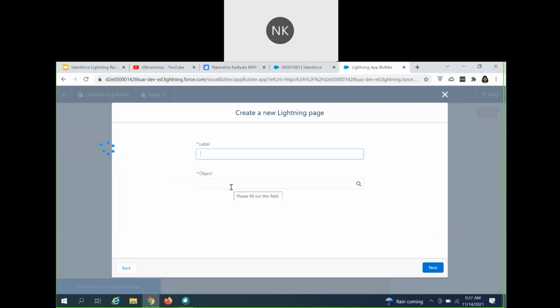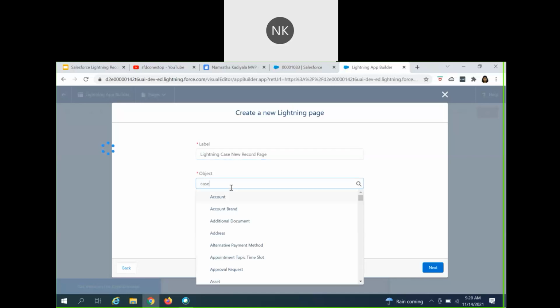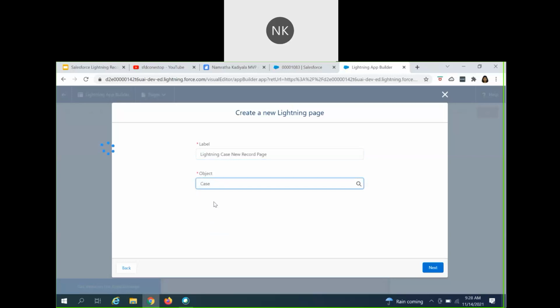We can give it as Lightning case new record page, because I already have that name existing. Then the object, which object you would want to use. Here I'm choosing the case object. This is our use case. For our case object, we'll create a new Lightning record page, and then we will assign that record page to the respective profile or application, or org-specific. We'll see all of those.